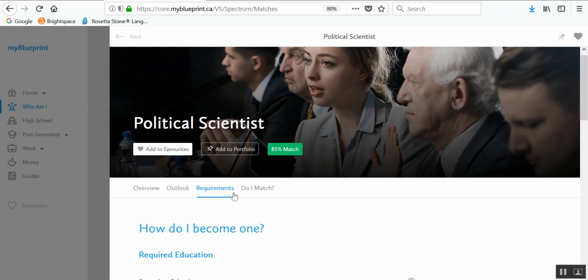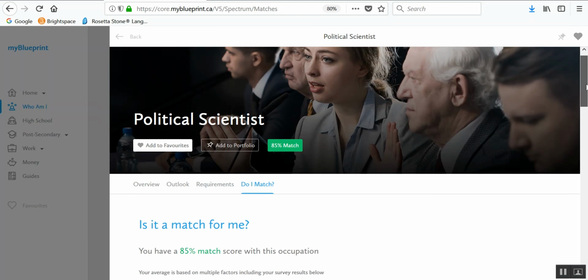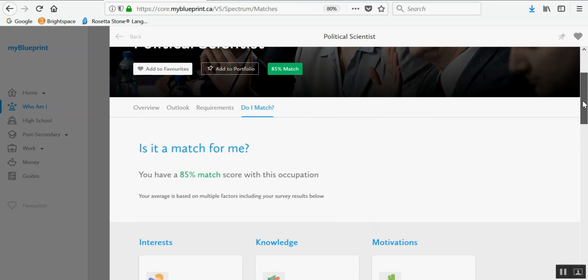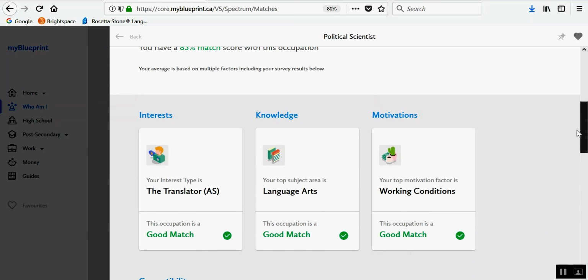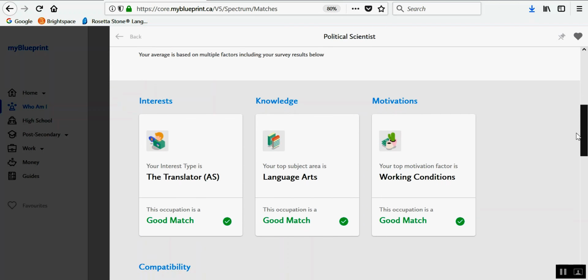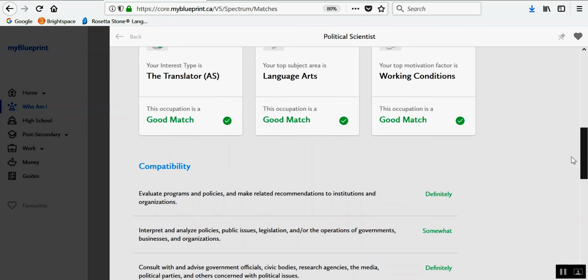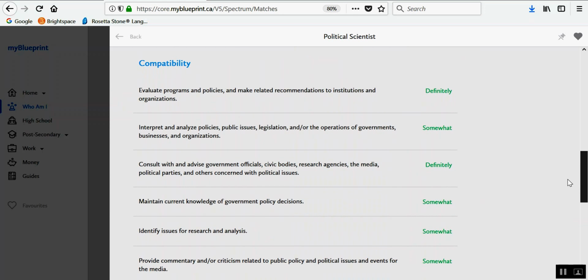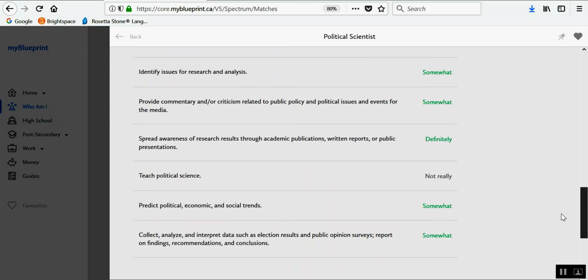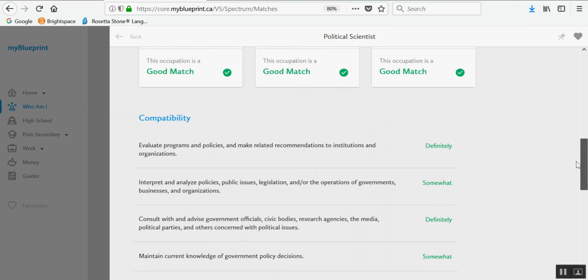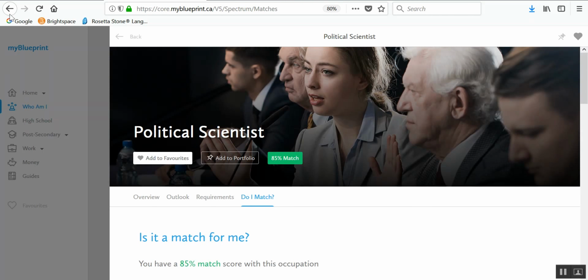And then finally, if you look at the Do I Match tab, it will tell you the percentage match, and we know that it was an 85% match for me. Then it will go back to the surveys that you created, and it will give you a general summary of whether it's a good match or not. And then it will show you the questions that you answered and the match, whether it's a no match, a somewhat match, or a definitely match in terms of the answers that you gave on that compatibility survey. So if I go back to the former window where I started,